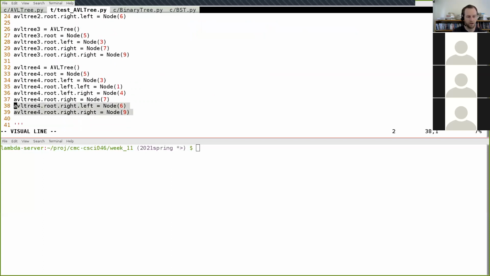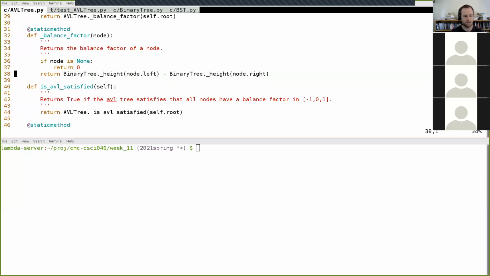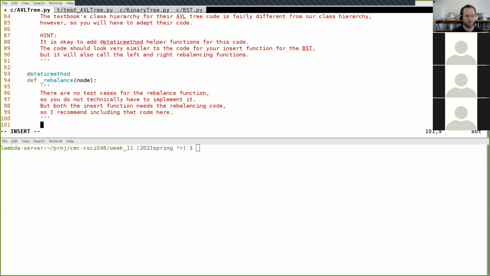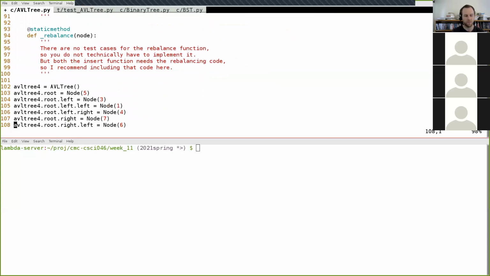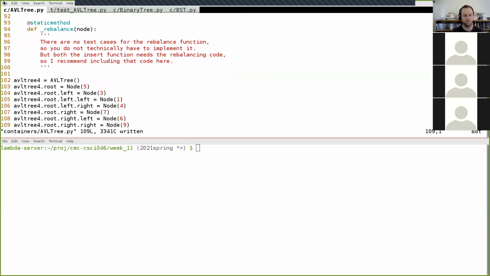I'll go ahead and copy this AVL tree 4 right here. So I did Shift V to enter visual line mode, Y to yank it. It's like copying it, Shift T to go to the left, opening this window up. And I'm going to paste it, Shift G going to the bottom, P right here to paste this onto my